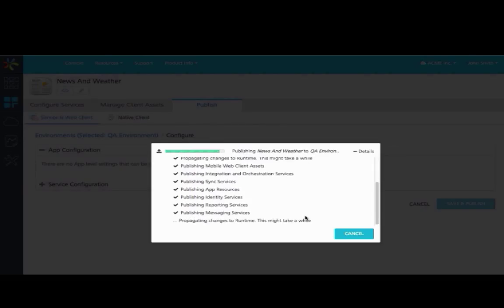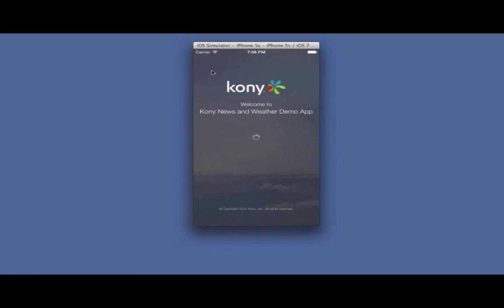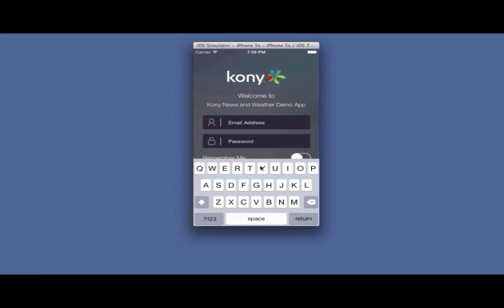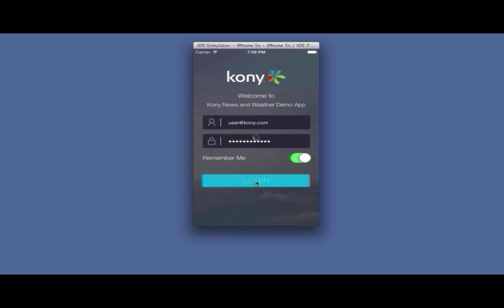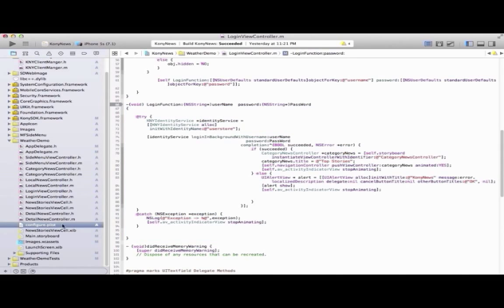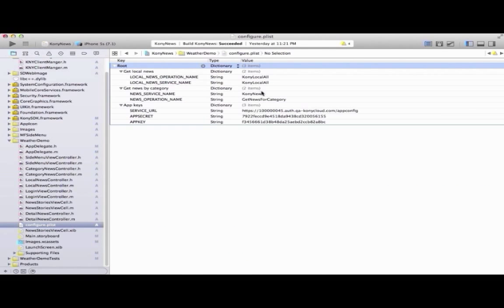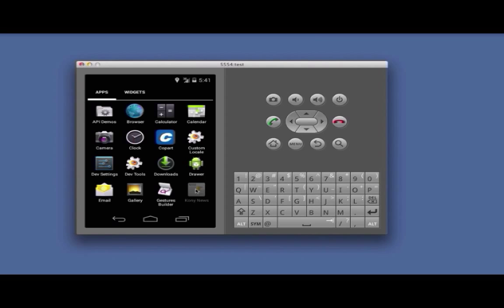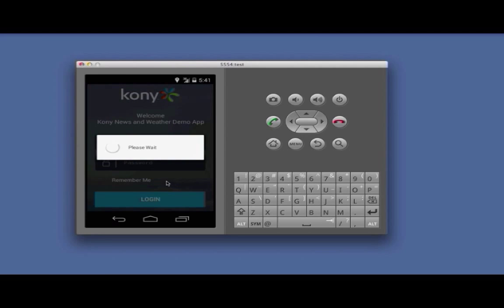All right, I'm going to show you one example of what this looks like in the code. But as you can see, we've put a login page on our news and weather app. We're going to log in as this user at Coney.com, provide our password. We're going to invoke the login service exactly how we did the integration service. We use the SDK, we invoke login, we give the name of our identity service, which was user store, and it's just as simple as what you see. We're updating our config file, and we're going to call, and then I'll cut it a little short so we won't go through all the other